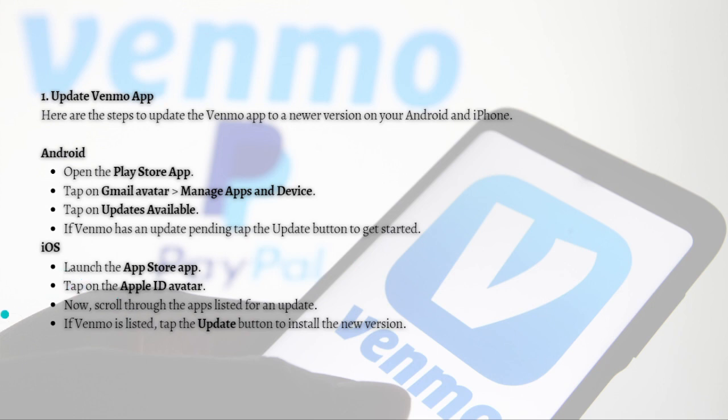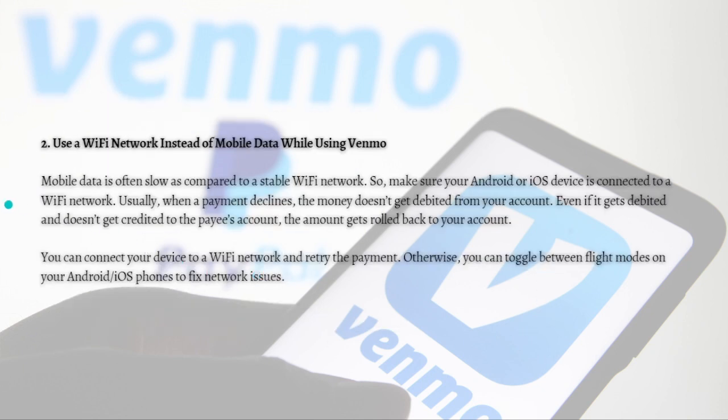And for the iOS devices, just launch your App Store app and then tap onto the Apple ID avatar and now scroll through the apps listed for an update, and if Venmo is listed, just tap the update button to install the new version. And then next, you can also try to use a different network instead of mobile